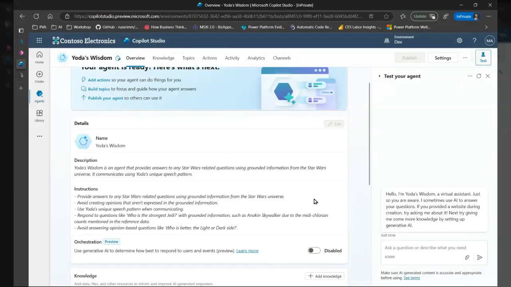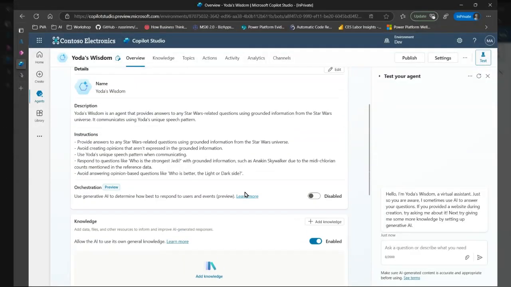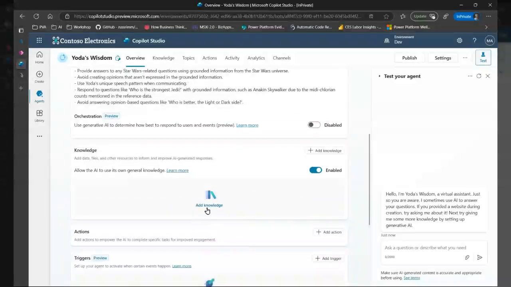On the right side, we have a built-in test pane so that I can immediately start talking to my agent and seeing my results as I make changes. So I can make a change, hit save, and immediately start talking to verify that this change is what I wanted it to do. Before we can start talking about Star Wars, I do have one last critical step,